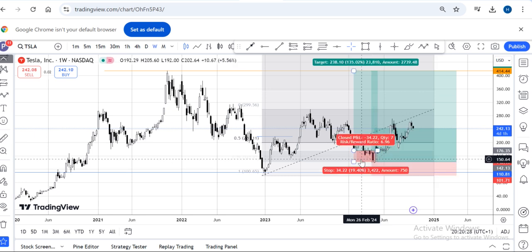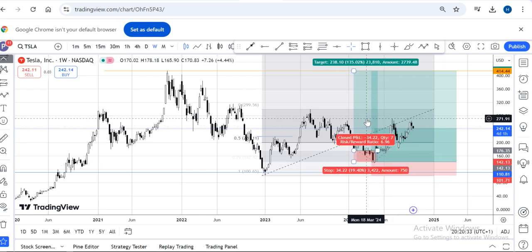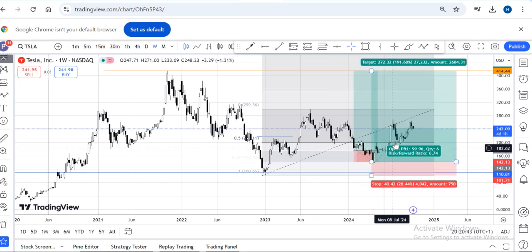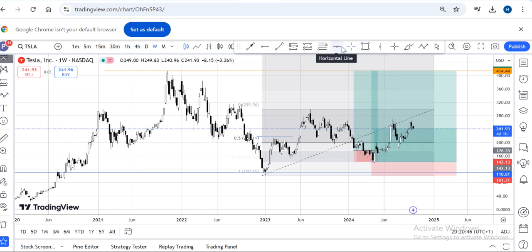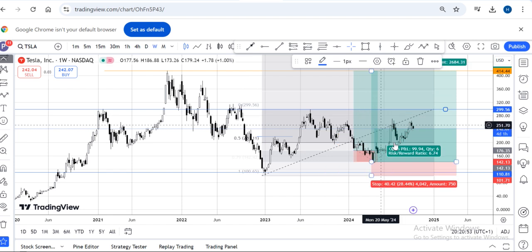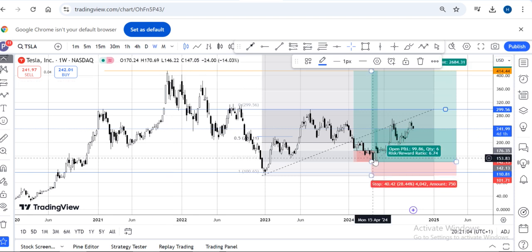Now, on this particular one, the risk to reward is different. Ideally, this trade gives you a 1:3 risk to reward ratio and a 1:4. So if I were to use it the normal way, ranging from my entry to this point, this is where my take profit is supposed to be. It will give me a 1:3. And then from this point, it will give me a 1:4. But because I already understand what the market is doing from this trend, that is why I'm targeting this point. And then it's going to give me a 1: